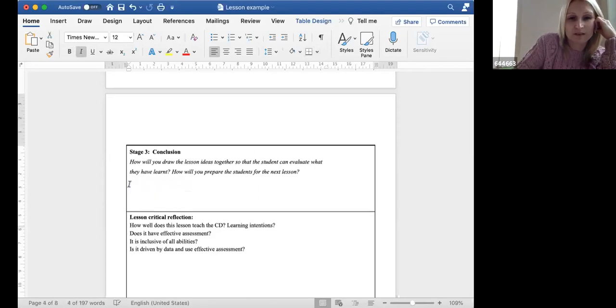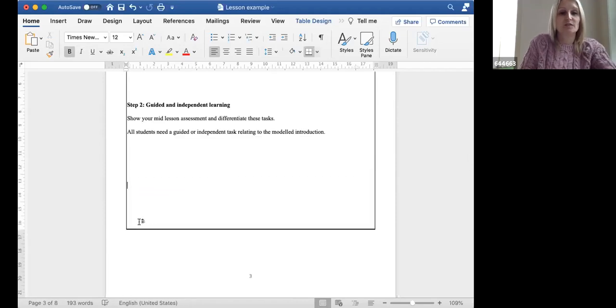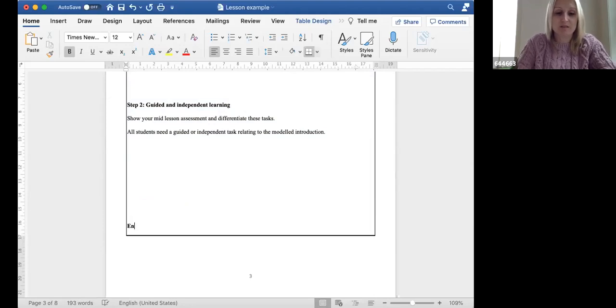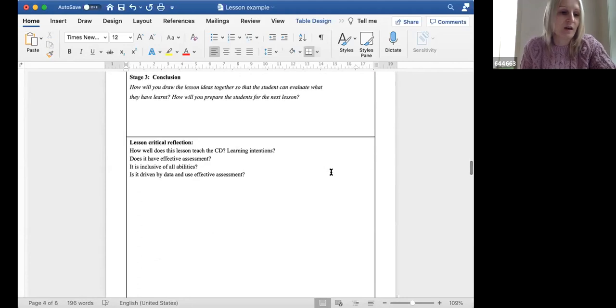I've written end of lesson assessment, but let's put it back here. There might not necessarily be something you want at the end, but there could possibly be something you want the kids to hand in to you so that you've got something to assess. I'll just put a question mark there, whether they're going to submit something to you for you to reflect on in your own time. Now, as a part of the lesson, we do have to have a lesson